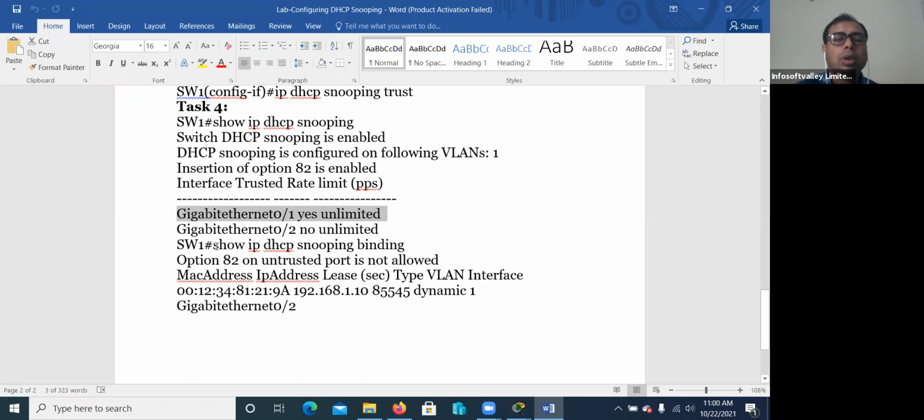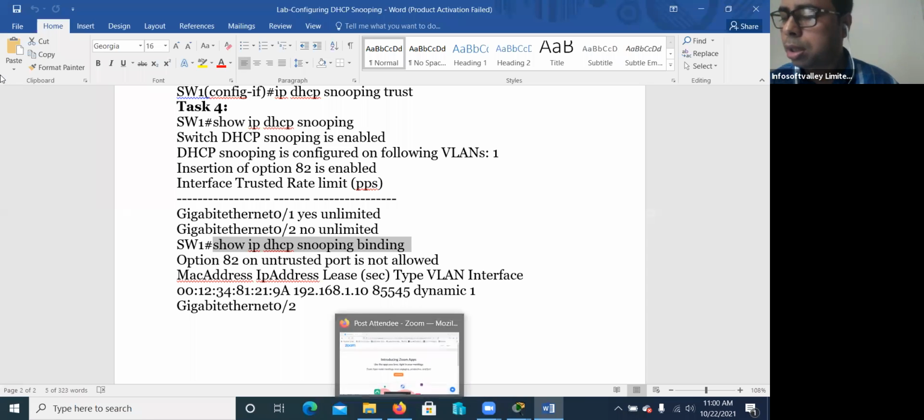And you can use DHCP snooping binding, so it can detect the MAC address of the DHCP server. So it will record the DHCP server MAC address, and